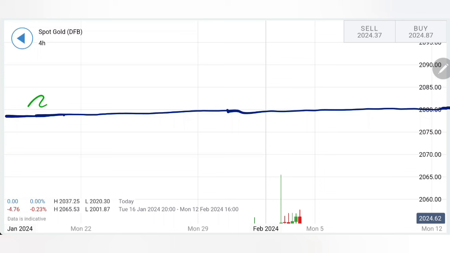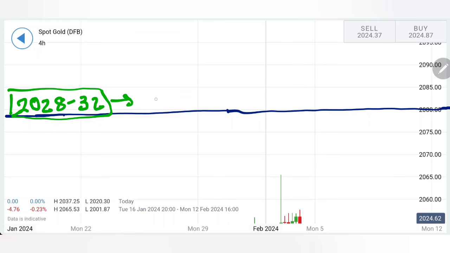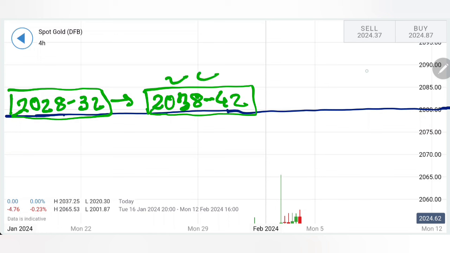Now the levels, as I shared, first resistance zone is at 2028, 2032. This is the zone where we can initiate a buying position in the coming week. Then we have to wait for it to break. Then the next zone is at, see, these are critical resistance zones, 2038, 2042. If gold stays above this zone, then you can treat that it is trying to give a reversal, trying to rise, trying to give a breakout here. Because once it stays above this zone, then possibility for it to move towards 2050 first resistance, and then